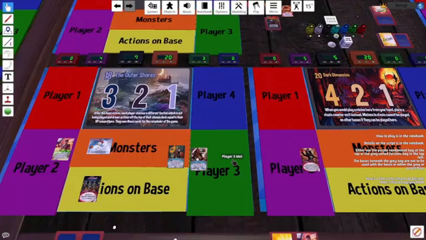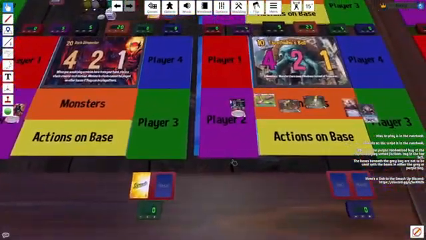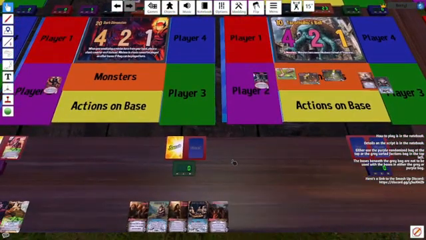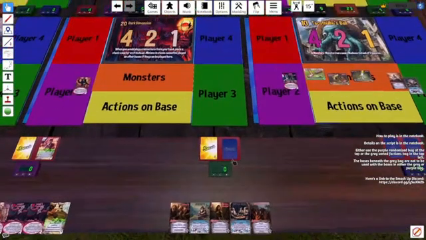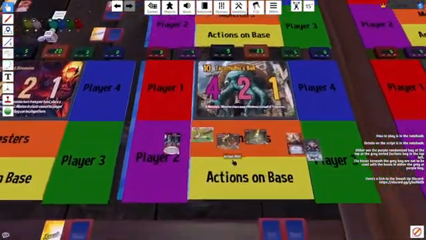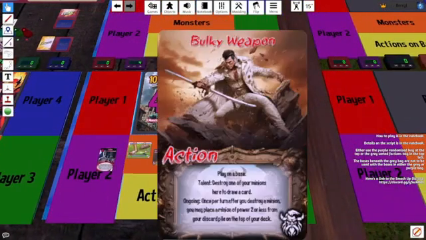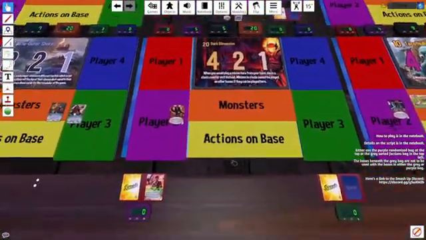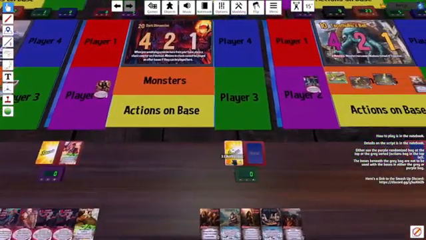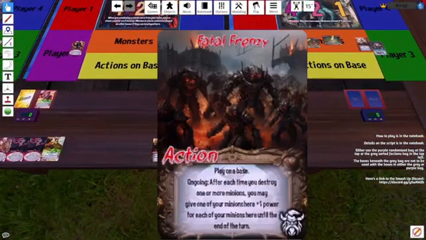Let's see, Flame Rune brings us to 10. Rainbow Ravager. Ravager is tricky because it will get destroyed at the end of their next turn. We won't get to use Bulky Weapon with it. So if we did that, we'd have to do it immediately and activate the power, which kind of defeats the purpose. So I think I prefer...